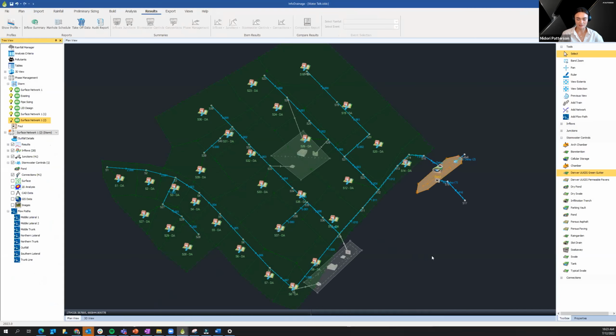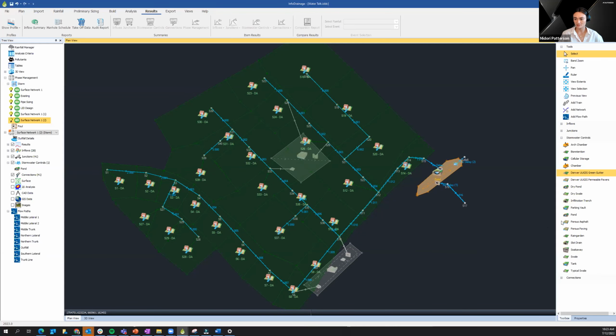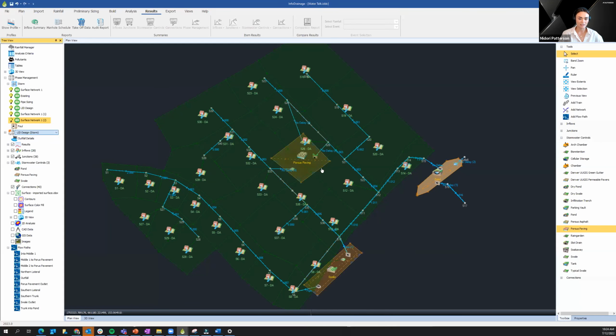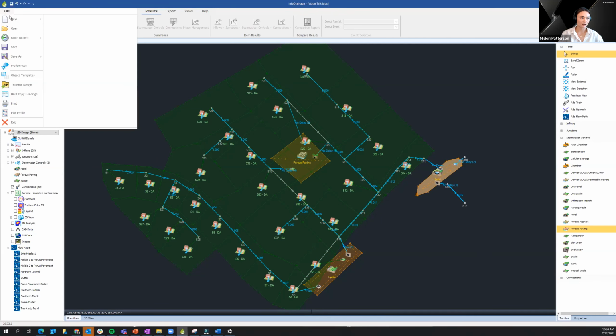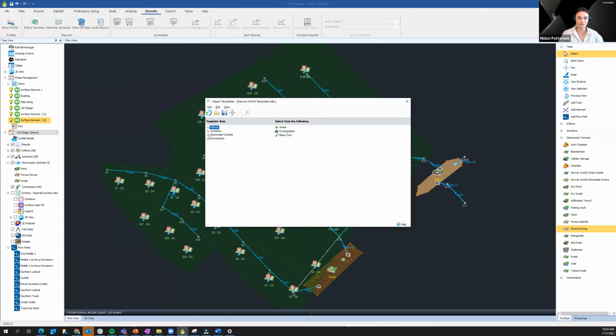So I'll jump back into my model here. And what I want to highlight: like I mentioned, InfoDrainage has these built-in green infrastructure controls that you can drag and drop. So we had those loaded in this LID design. But one thing I wanted to highlight was just the ability to build out these custom green infrastructure